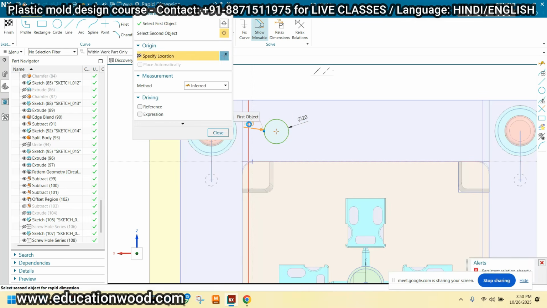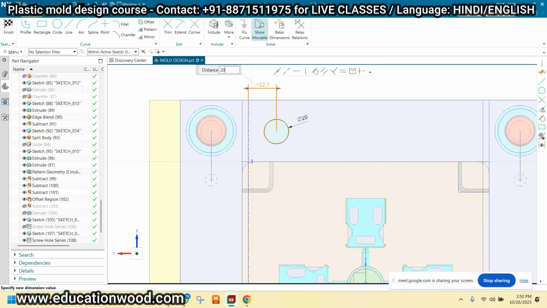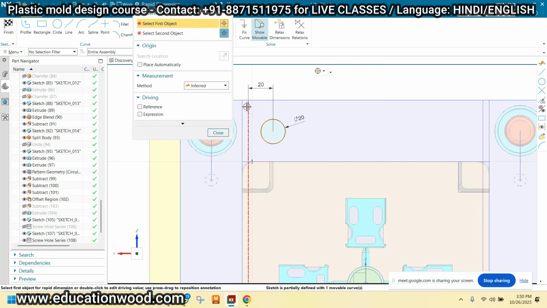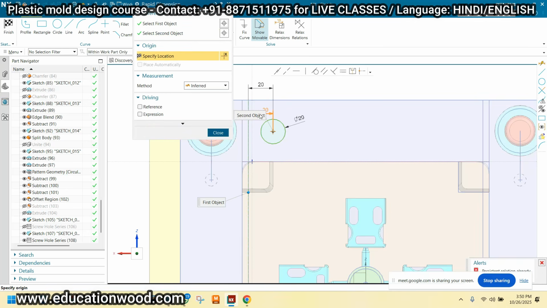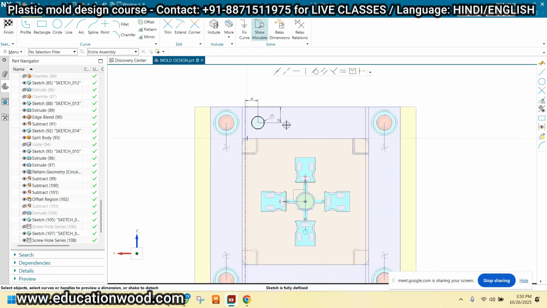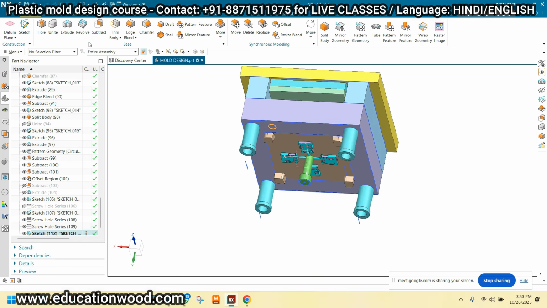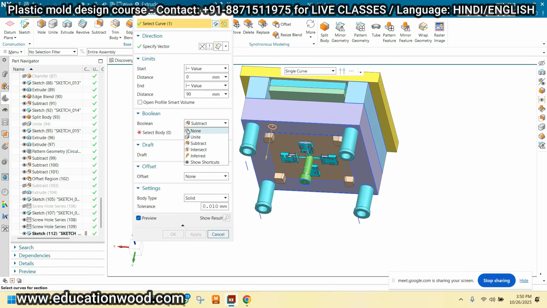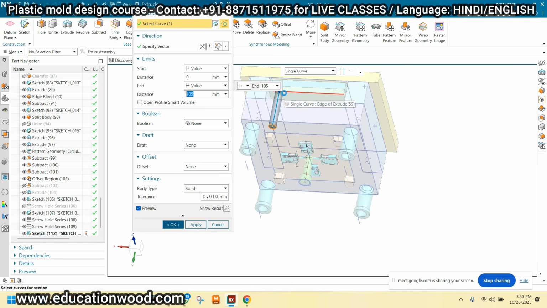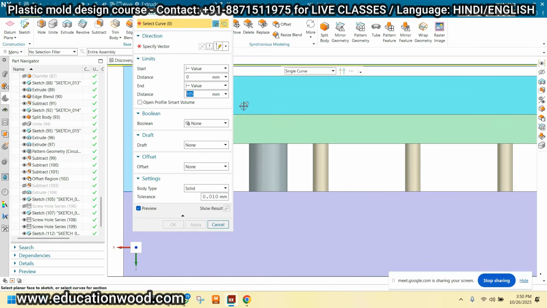Take the dimension from this face, 20 mm, and take the dimension from that, and for vertical 25, and finish it. Extrude this and just click OK.